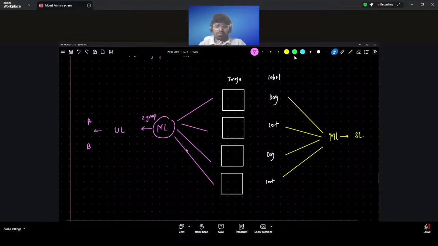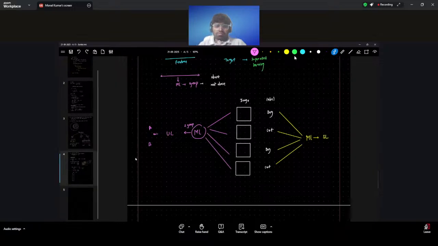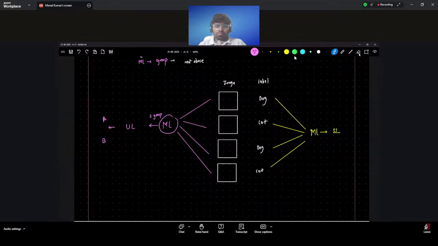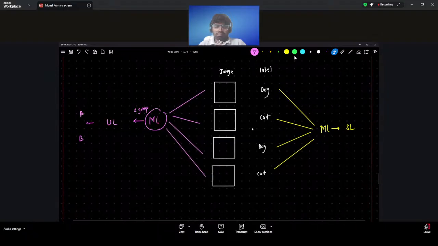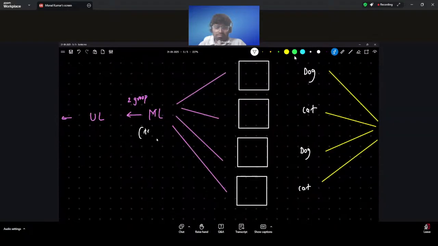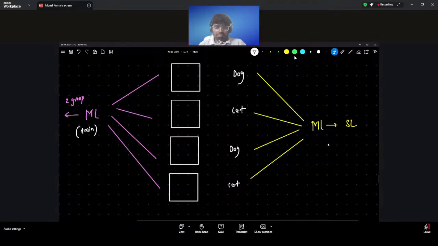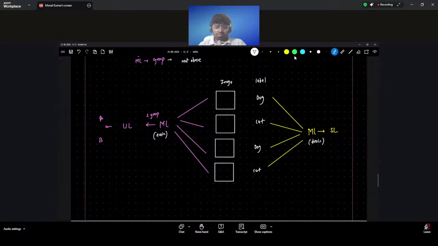Are we clear, everyone, what is unsupervised learning? Machine learning means we will do the training. When there is machine learning, it always means training. We will do the training, but how we do the training differs. In this one we pass both features and label. In this one we only pass features. How we do it is what you will see later when we talk about unsupervised learning algorithms. Clear? How to do it, we will learn later, but you need to understand the difference. That's all.